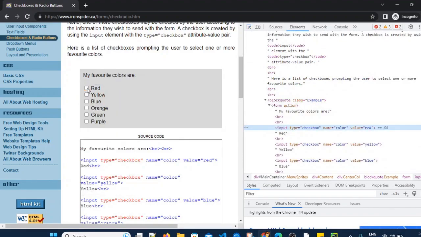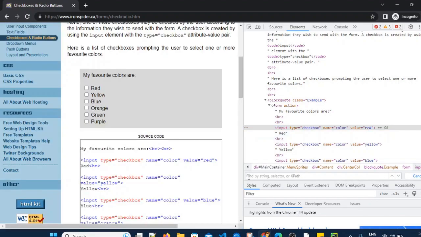If you highlight this, this is the HTML code having input tag, type equals to checkbox, and there are other attributes as well. Type is an attribute having value checkbox, name is an attribute with value color, and the value attribute having value red.